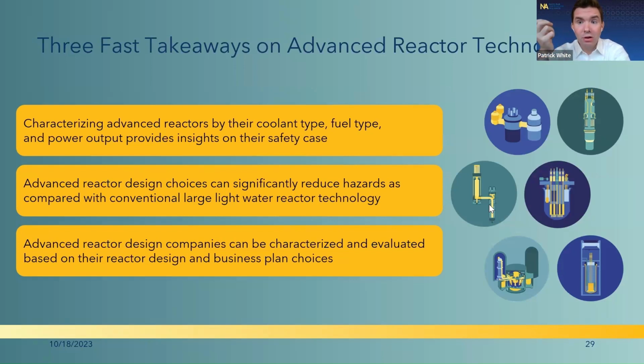Hopefully, this is a great starting point as you start to look at different advanced reactor companies in the space and try to evaluate what might be the right steps for you moving forward. So with that, I would love to